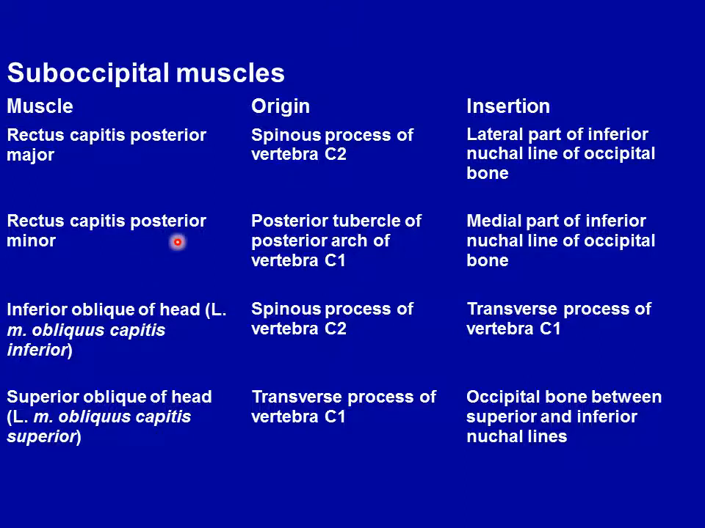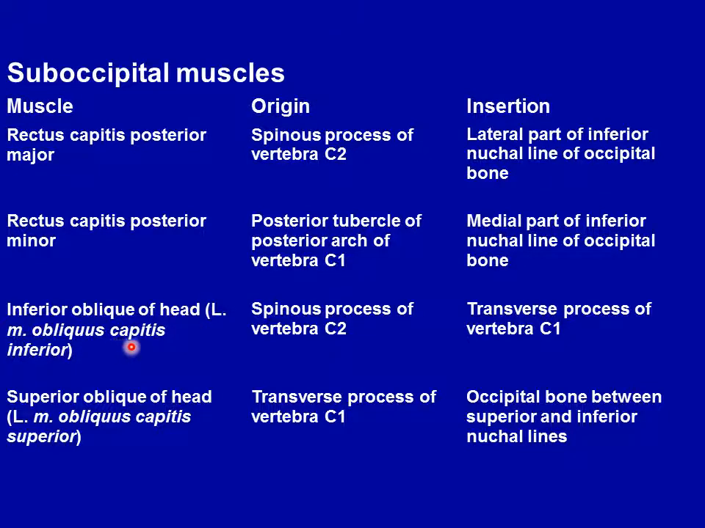Then we have the rectus capitis posterior minor. It arises from the posterior tubercle of the posterior arch of the atlas vertebra, which is C1, and inserts into the medial part of the inferior nuchal line. Basically these two muscles are inserted into the inferior nuchal line. One is at the lateral part and one is at the medial part. Then the inferior oblique,